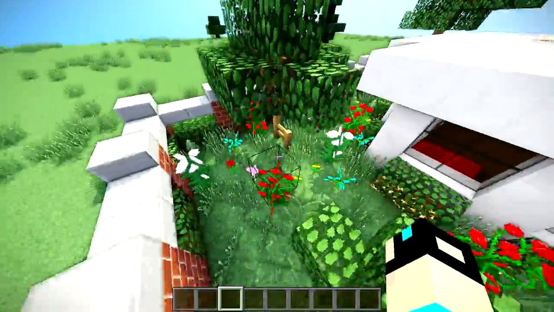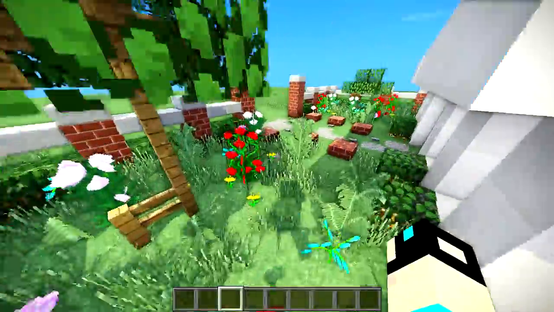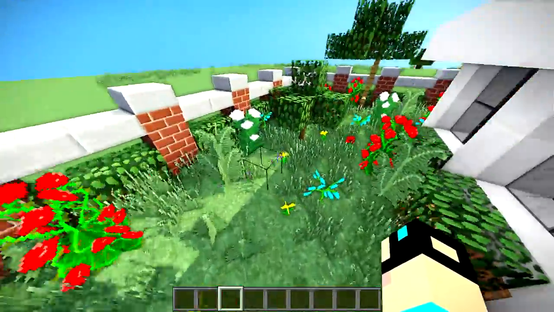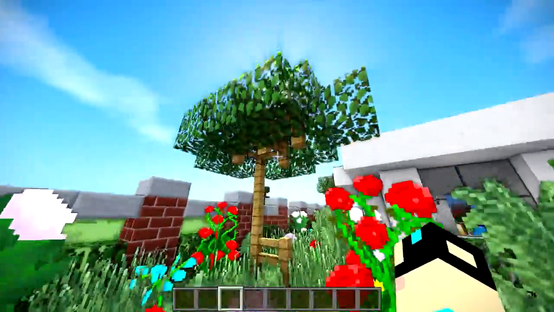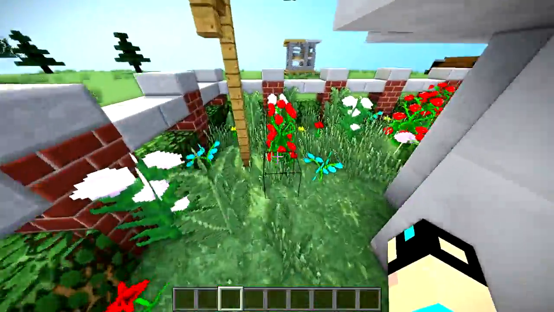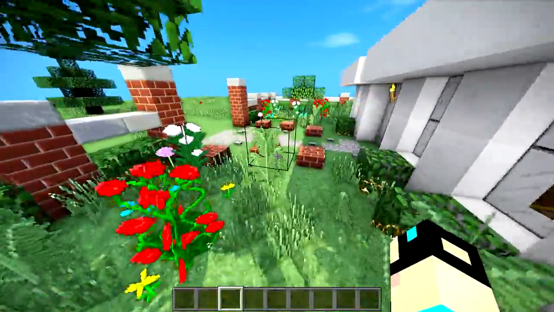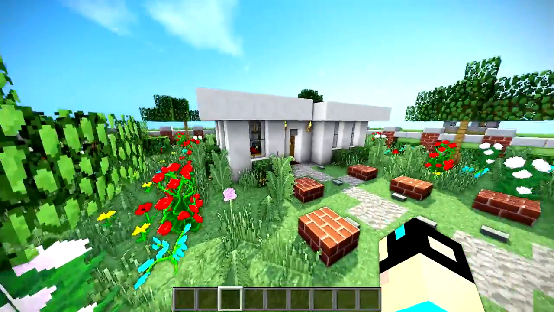So basically I've just filled this area with some flora and fauna, the fauna being trees, the flora being all these little flowers right here. I don't even know if I'm using the term fauna right. But I filled it in with these little fence trees. You basically just build a random fence area. You do not put the leaves on the bottom, but you put them from the outside, then on the tops. Then I just put some random plants and whatnot. And I think it looks really, really nice. And I made a little bit of a path with some brick inlay. But yeah, I think it's ready for the intro